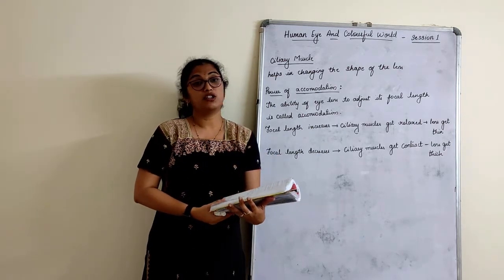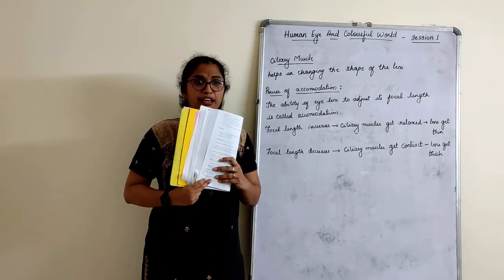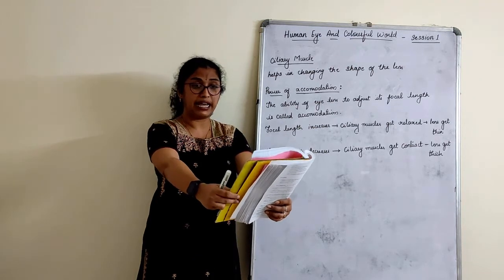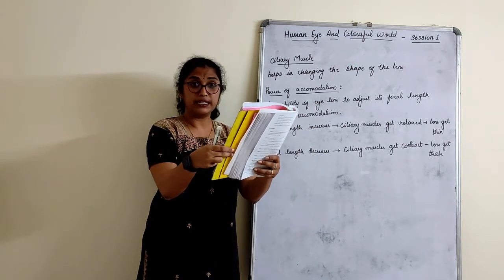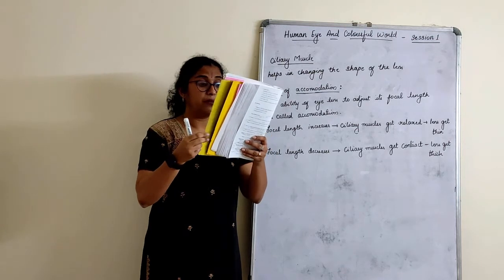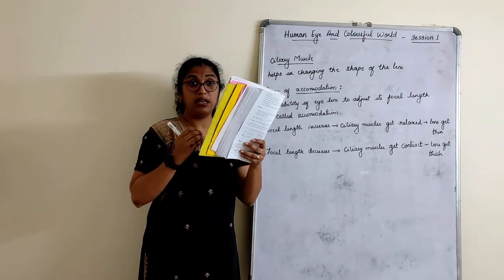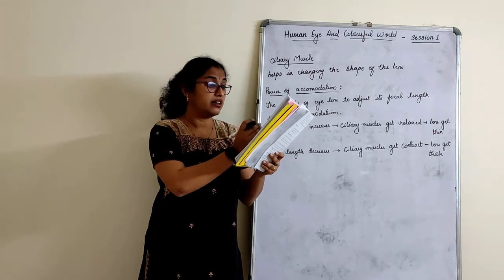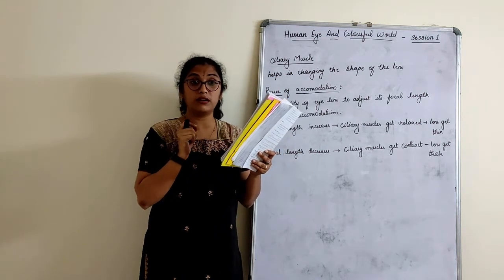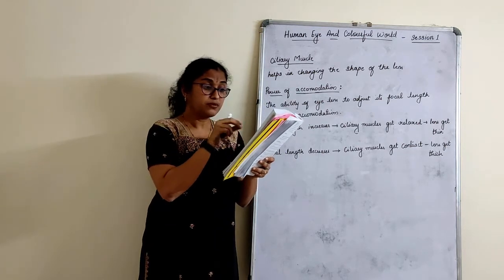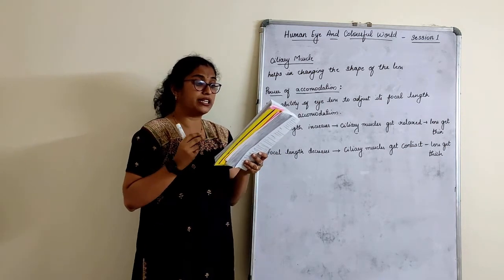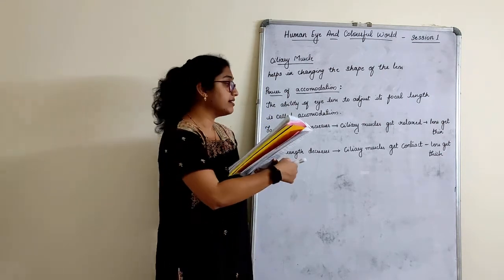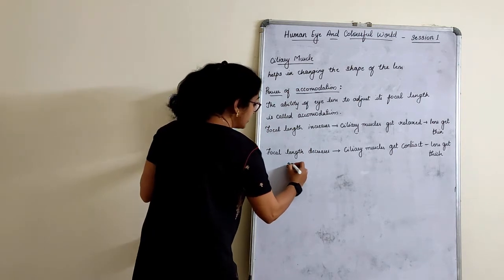That means it is not that I can take it any nearer. Simply take your book and try reading it, right? I hold it at a particular angle, I can read well. I bring it near, I can read well. I still bring it near, I can read well. But if I take it too close, the letters, everything appears blurred to me, right? That is the minimum distance at which the object can be seen most distinctly without strain. For a normal adult, its value is 25 centimeter.